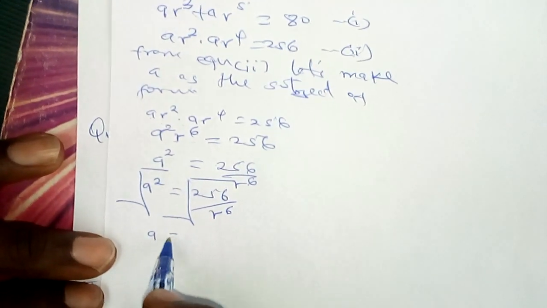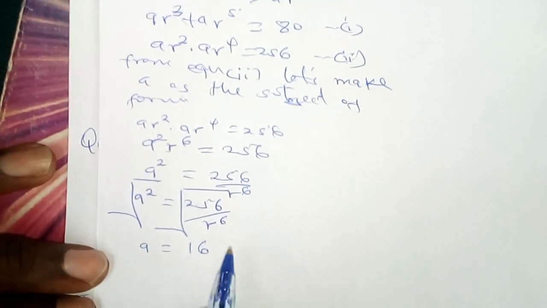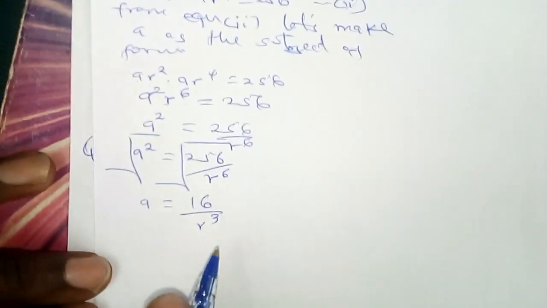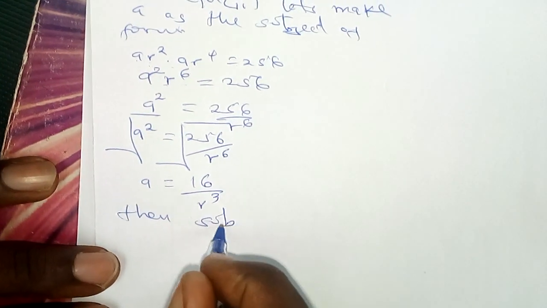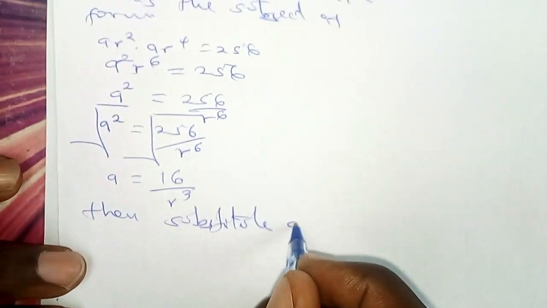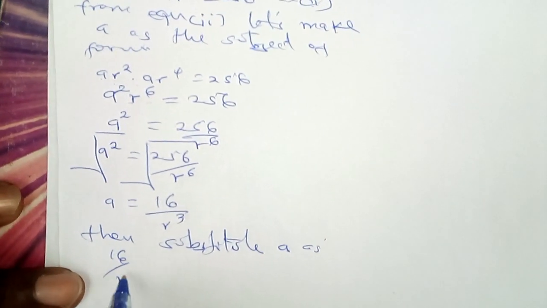So A is equal to, the square root of 256 is 16, and the square root of R raised to 6 is R raised to 3. Then substitute A as 16 over R raised to 3